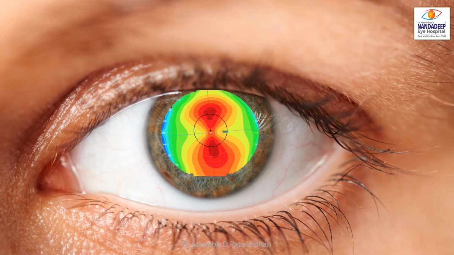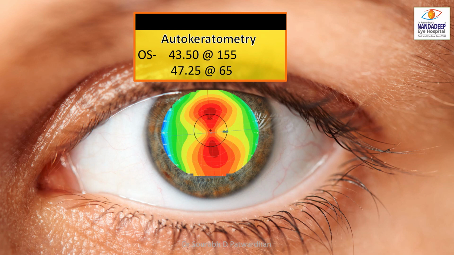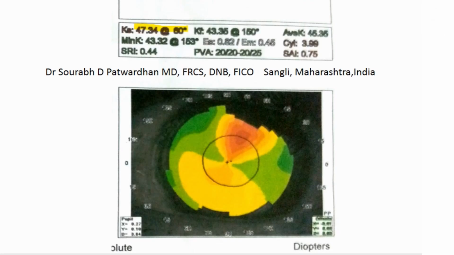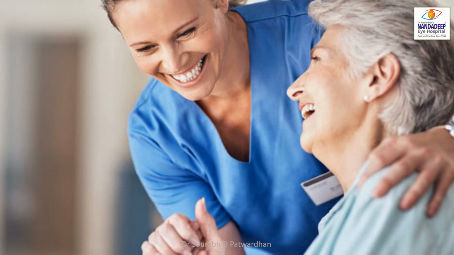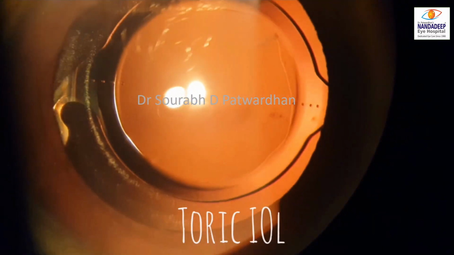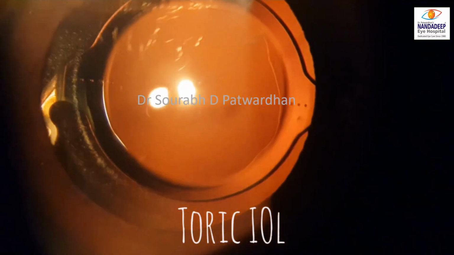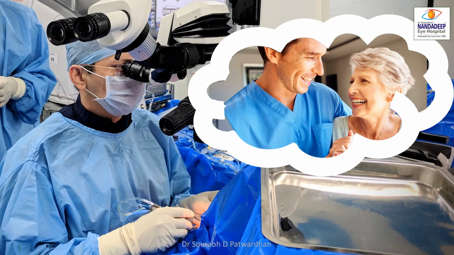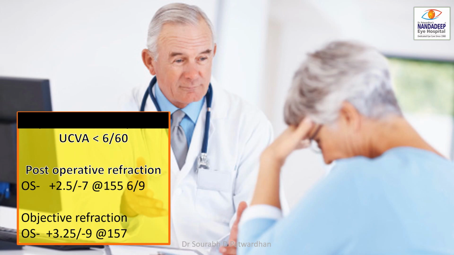So when we get a patient with a keratometry like this, where there is a cylinder of 4 diopters, obviously any ophthalmologist is geared up to do a nice toric IOL so as to give perfect vision to the patient. So you start reassuring the patient about the great vision in the post-operative period and you go ahead with the toric IOL surgery. You have done a perfect surgery on table, you are already dreaming that the patient is going to get the perfect outcome and going to be happy, but sometimes this happens.